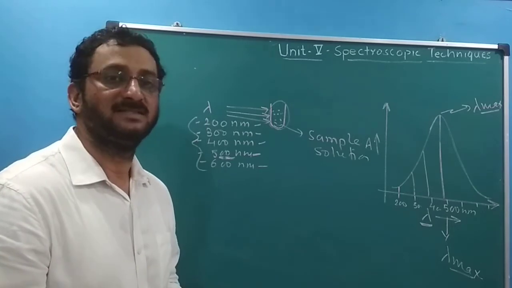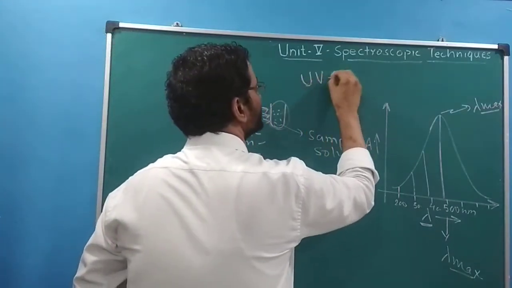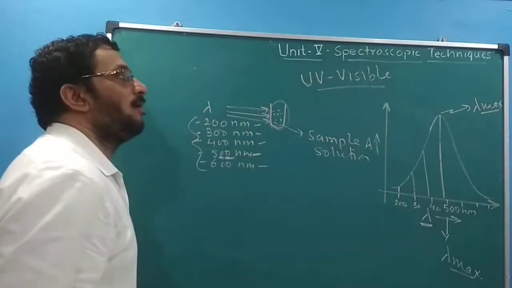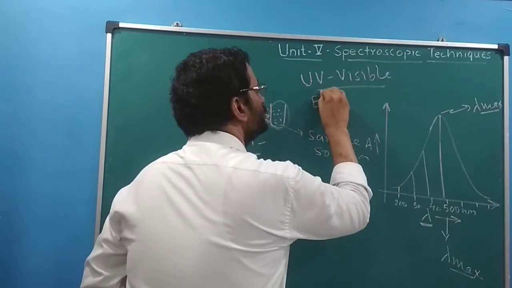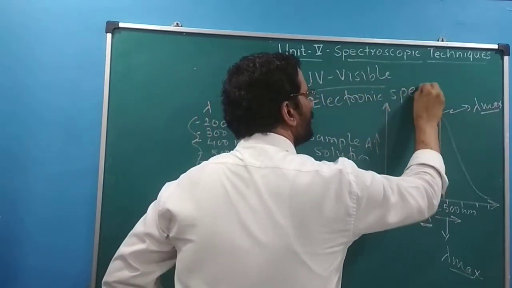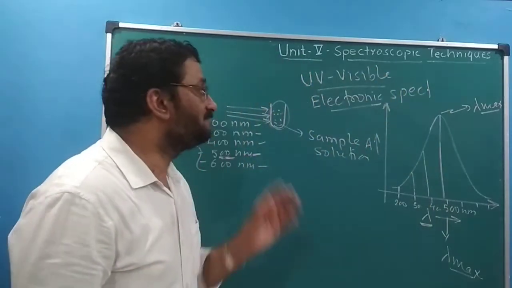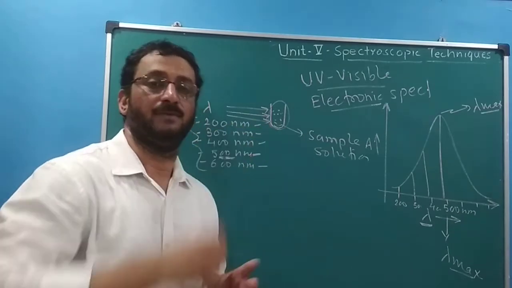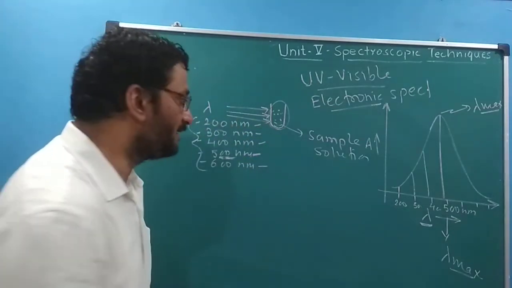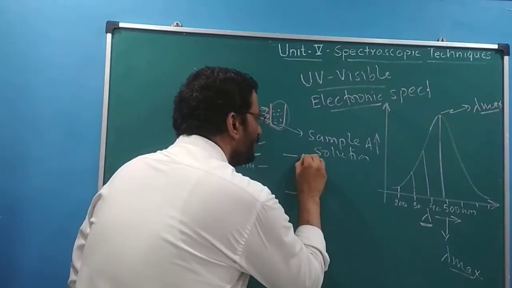Certain changes in the sample. This UV visible is one part of your syllabus. UV visible spectroscopy is also called electronic spectroscopy. It is mainly concerned with electron transition, electron jumping from lower to higher energy level, isn't it? So if this is E1 energy level and this is E2 energy level in one